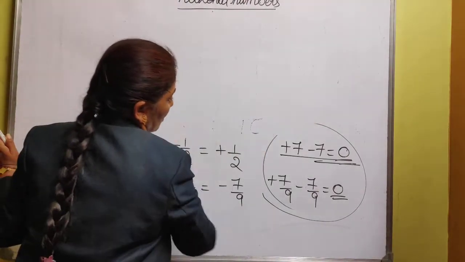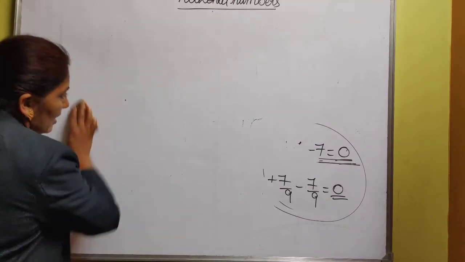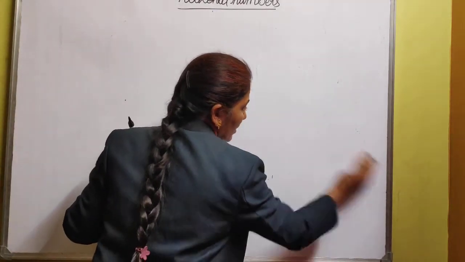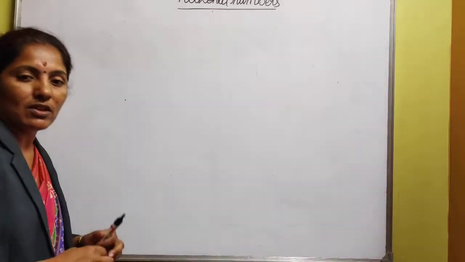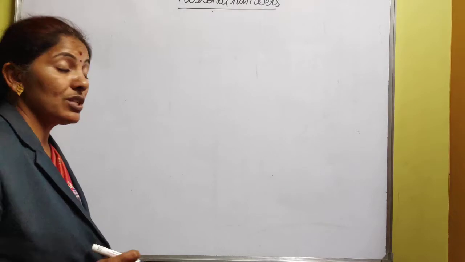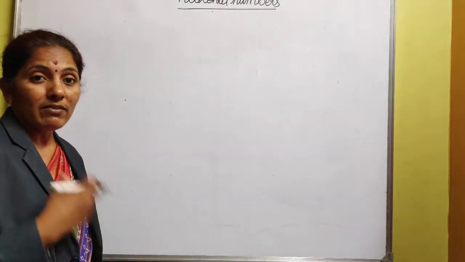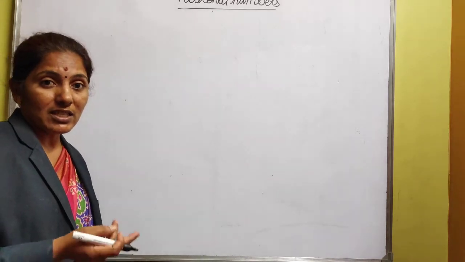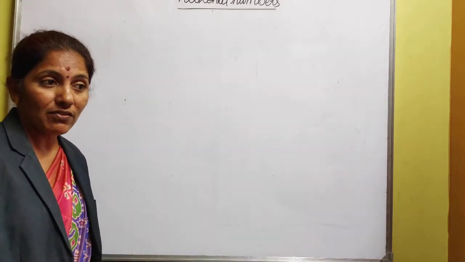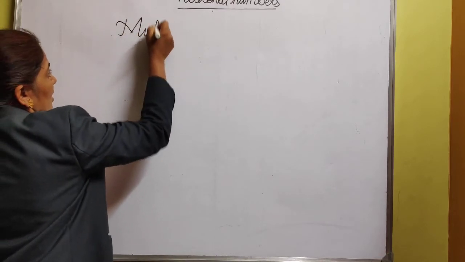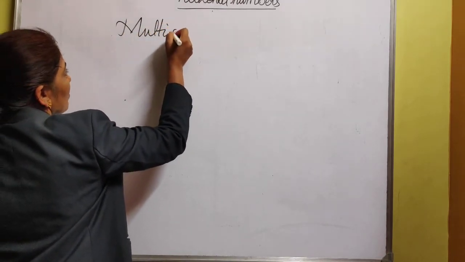Next we will learn about the multiplicative inverse. In the last class I was telling you about division. When I was doing the commutative property of division and the associative property of division, I was taking the reciprocal, or the inverse, of the given number. Say this, and now we are learning about multiplicative